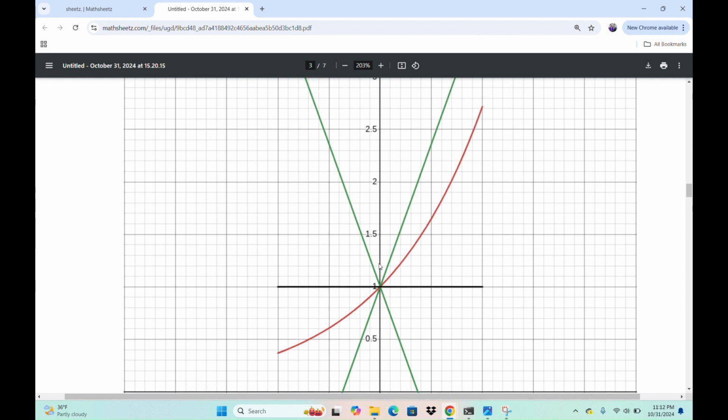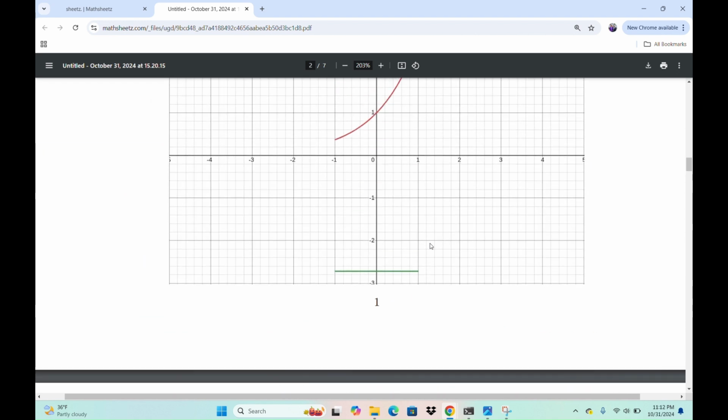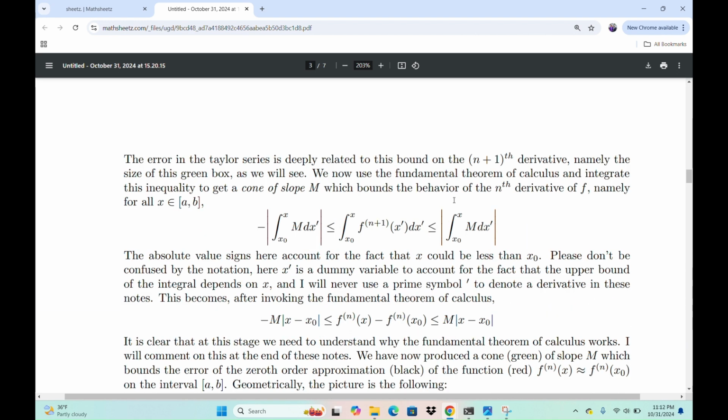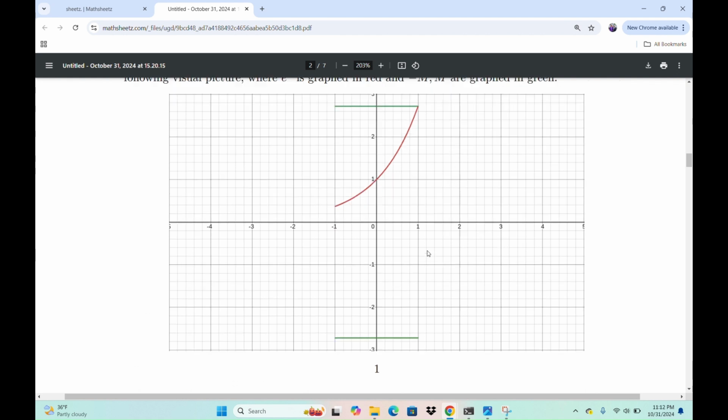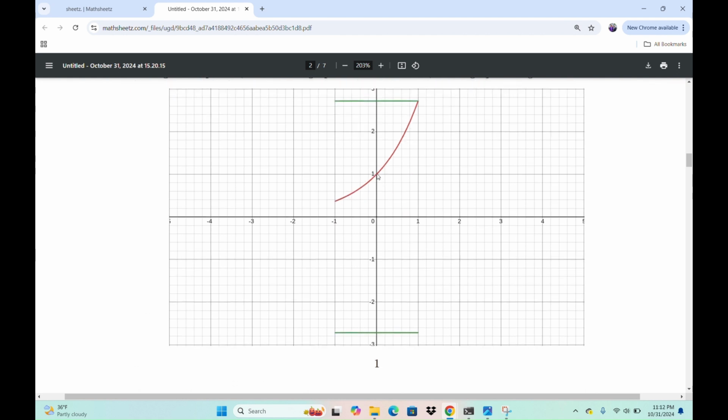And the way that I'm going to bound the error of the 0th order approximation is essentially I start with a bound on the nth plus 1 derivative, and then I integrate that bound. And that basically starts with this picture here, starts at the point that I know, and then I'm going to take the cumulative area function of these 3 curves, the 2 green curves and the red curve, starting at 0 and moving to the right, okay? Or in this case, starting at x naught, moving to the right, okay?